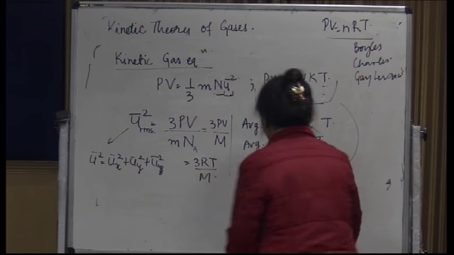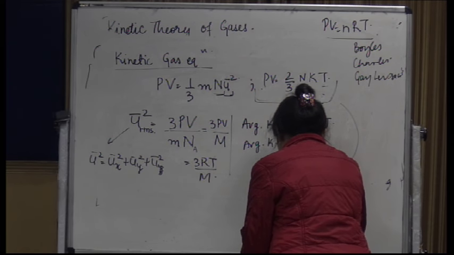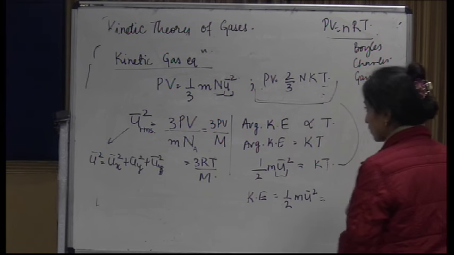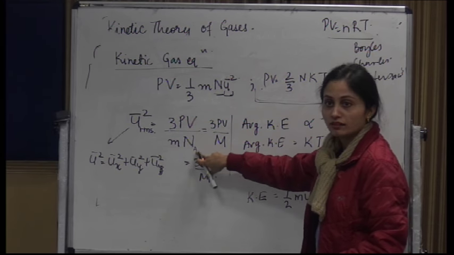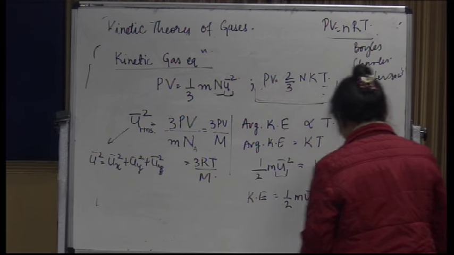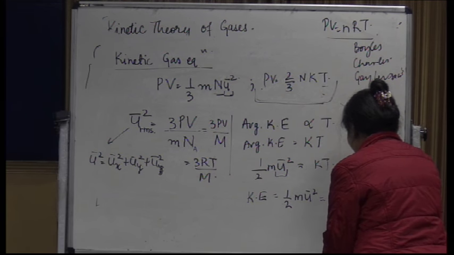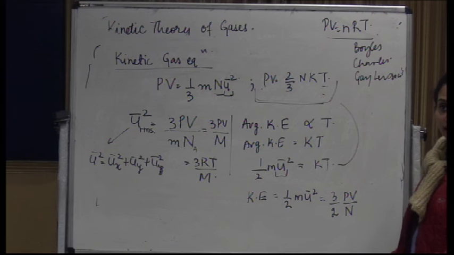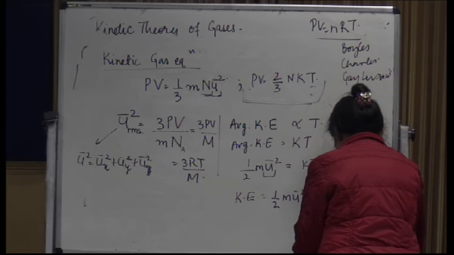And also from here I can write down that my kinetic energy is equal to half m u bar square. And what is your u bar square now? That is equal to 3 PV by mNA. So I can also write it as 3 by 2 PV by n, which can also be written as 3 by